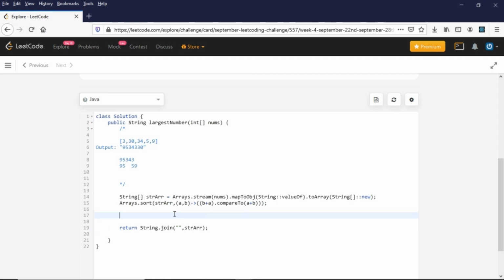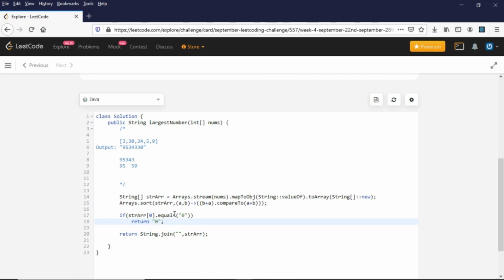So there is a corner case here that if my array is having only zeros, right, or 0 is my largest digit, right, so in that case after the sort, right, the 0th indexed value will be 0, right, and if it happens that way, then we have to return only 0, right, we cannot return 0 0 0, right. So let's add that condition. So if it is 0, then simply return 0.